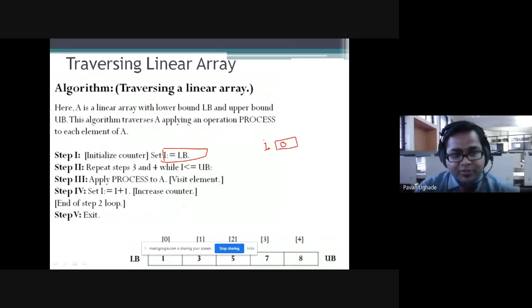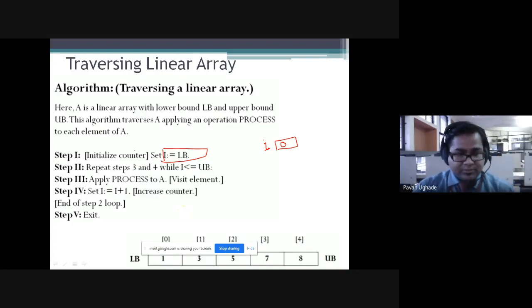Now repeat step 3. Actually I want to traverse a linear array. In this case, I'll first initialize the index value. Generally, it is always initialized with the lower bound, and the lower bound always starts with 0.